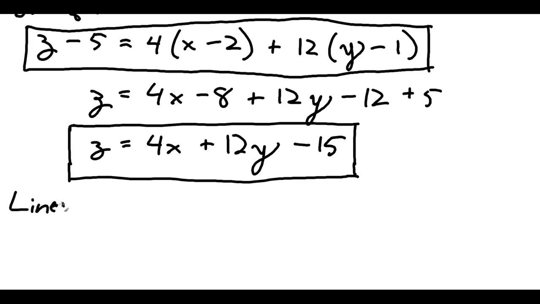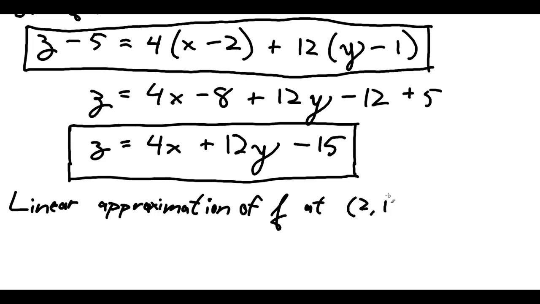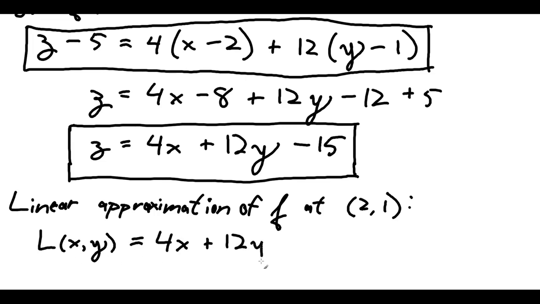Now, if we want a linear approximation of f at the point (2, 1), well, you could use the linearization formula that's given in the textbook, or you could remember that just like a tangent line is a linear approximation to a curve in a single variable setting, the tangent plane is a linear approximation to a surface. So the linearization L of x and y will simplify down to whatever we got as our tangent plane,